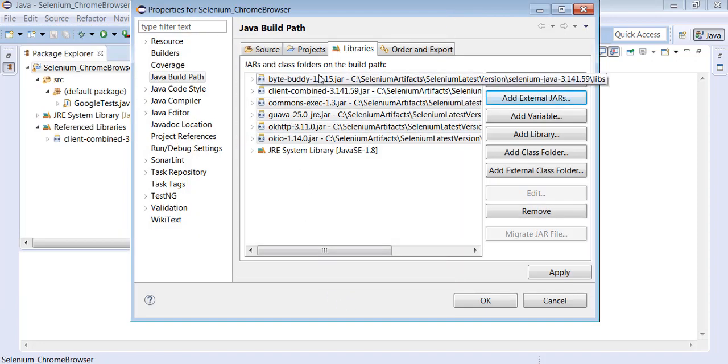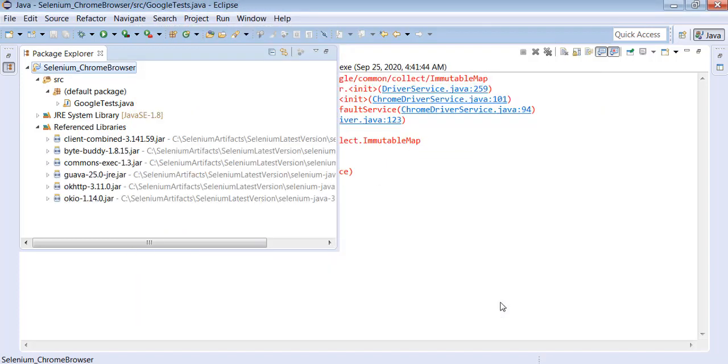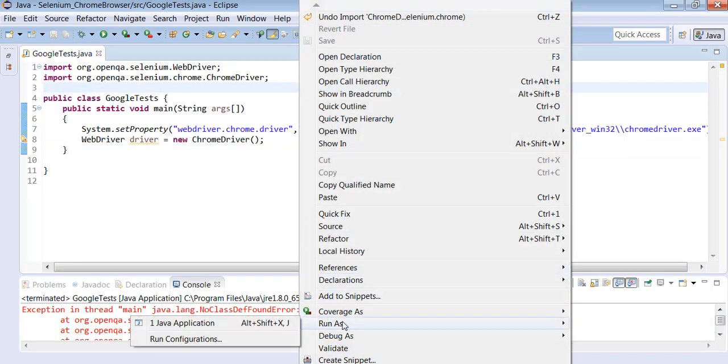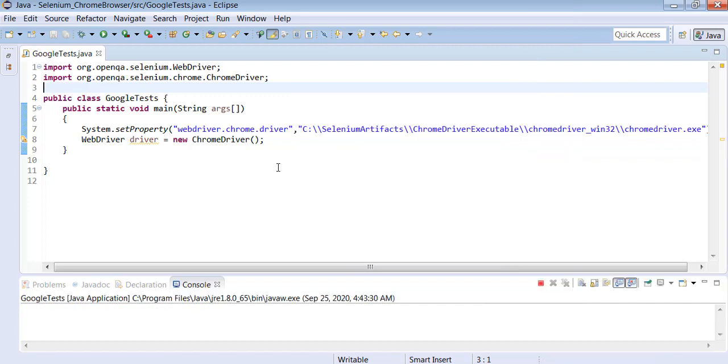To make sure all the libraries are added, in addition to client combined, click on OK. Then we are able to add all the referenced libraries. Then open the program, again right click, run as Java application.